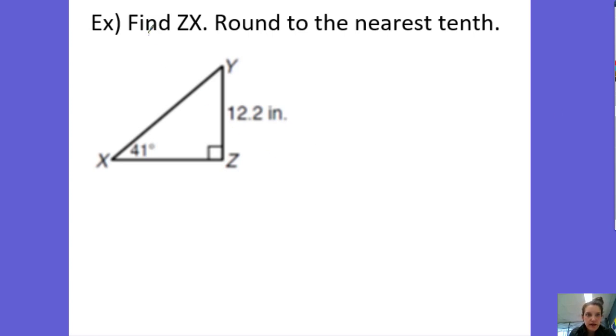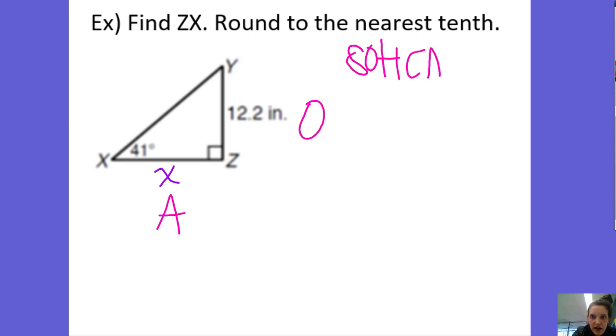Okay, in this example, we are trying to find ZX. So I'm going to call this side X. And my angle that I'm given is 41 degrees. That's my theta. So 12.2 is going to be the opposite side, and X is my adjacent side. So if I'm thinking about SOHCAHTOA,